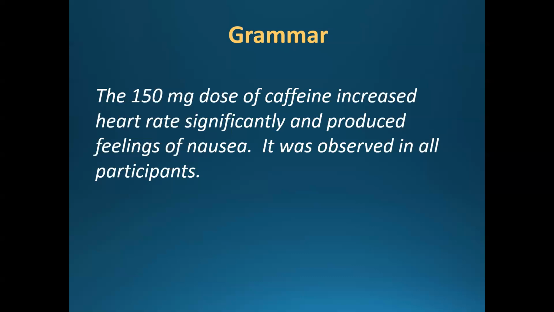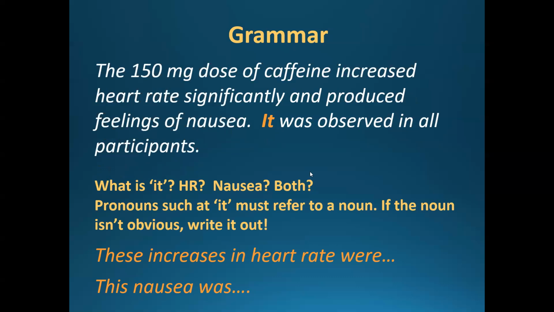So you never want to start a sentence with it. Well, I'm going to back off that blanket rule. You most likely probably shouldn't start a sentence with it. We want to explain what it is. And I used to do this all the time. So it is obviously referring to something, right? Even if you only talked about one thing in the beginning. So even if we just said the caffeine increased heart rate significantly, it was observed in all participants, you still don't even want to say it then. You want to say, this increase in heart rate was observed in all participants. So blanket rule, never use it as a pronoun? Yeah. If you're using it as a pronoun and it's referring to something, just always explain what that something is.